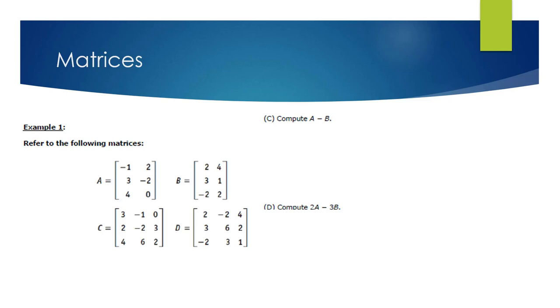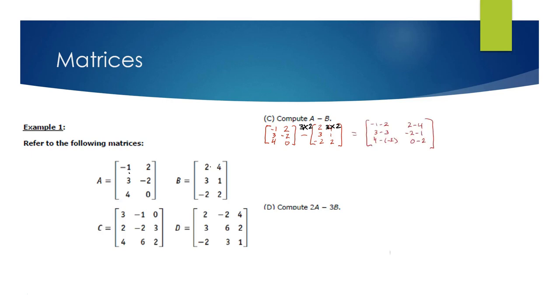So now compute A minus B. Well, I can see here that, again, A was a 3 by 2 matrix, and so was B. They're the same size, so I should be able to do that. The only thing you have to be wary about is make sure that you're distributing properly. If I'm going to be doing A minus B, that means that each term, like this minus this, so -1 minus 2 would be one of them. So if I had those 2 matrices being subtracted,